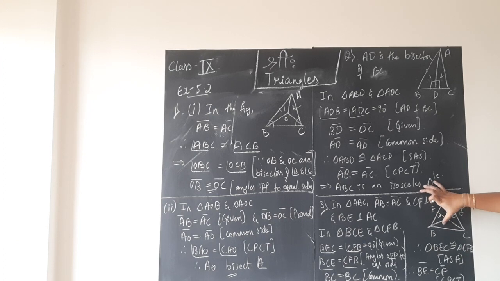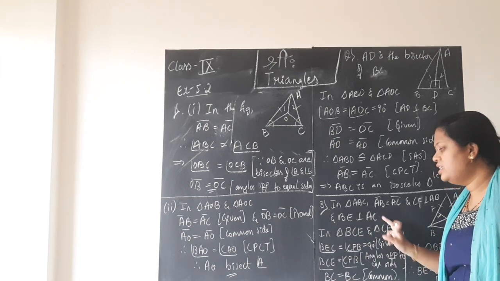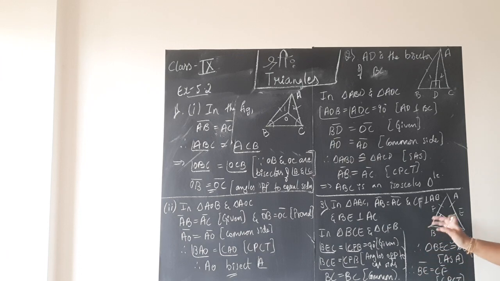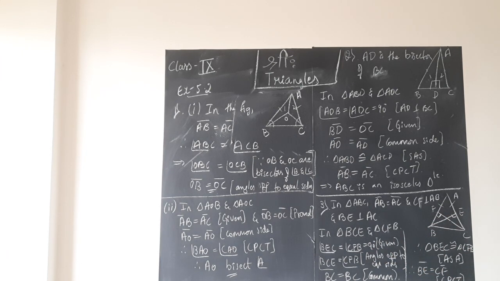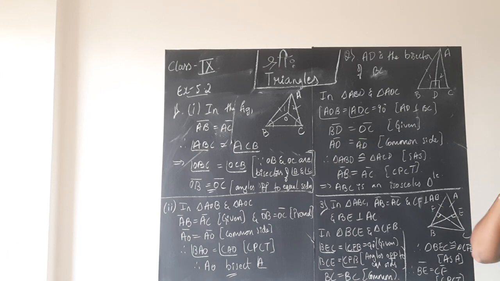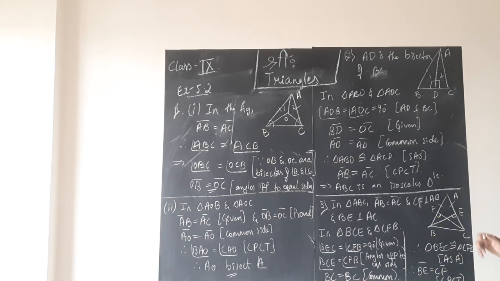Now you have two small triangles. You got two small triangles. Now those small triangles we need to consider. So which are they? Triangle BCE is one triangle. Triangle CFB is the second triangle. So in those two triangles we are proving they are congruent. How? Because we know angle E and angle F are equal, 90 degrees, it is given. And if we check the sides opposite to the equal angles and say those two are equal by using a theorem, then one more side equal we proved.